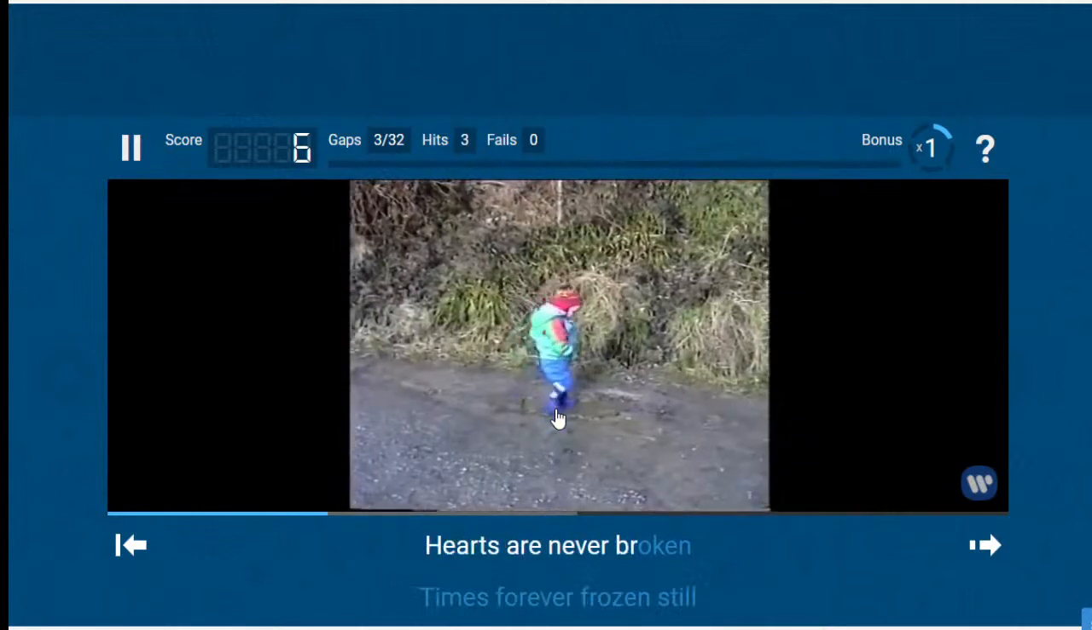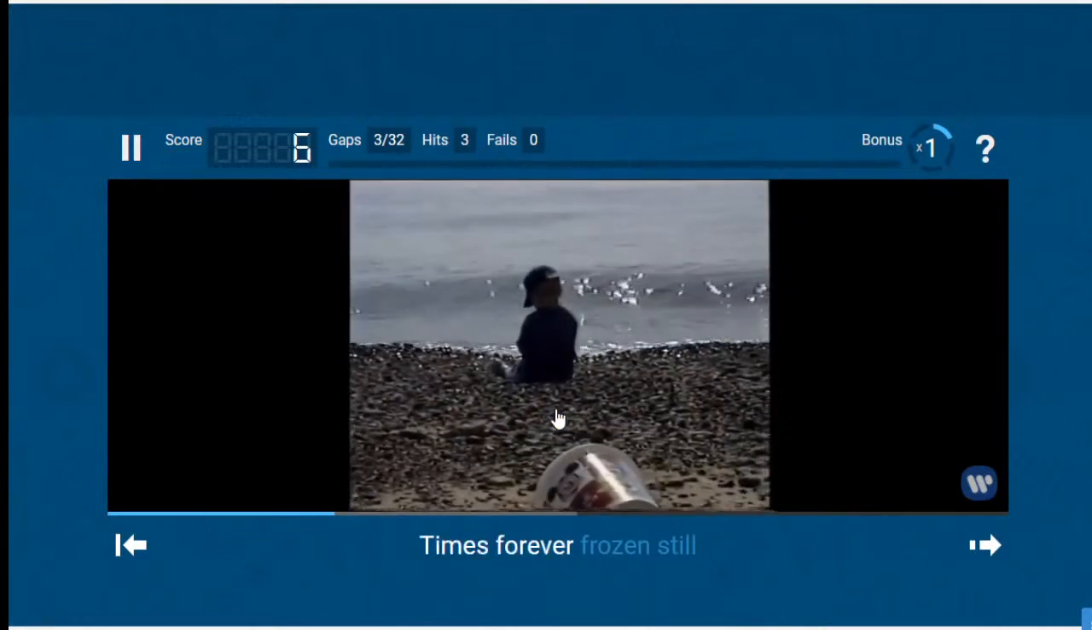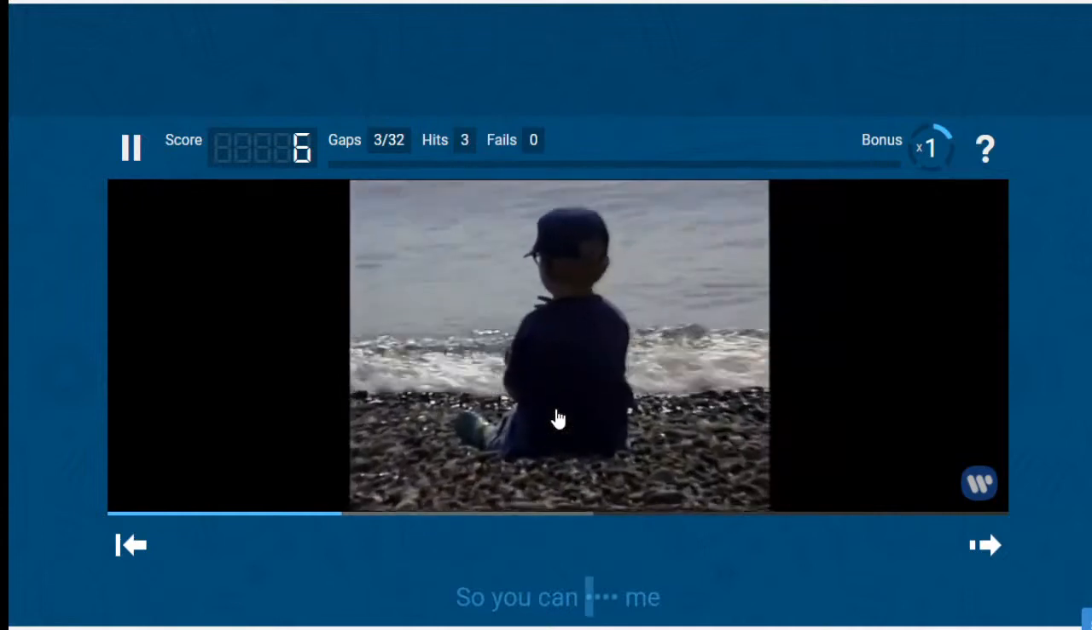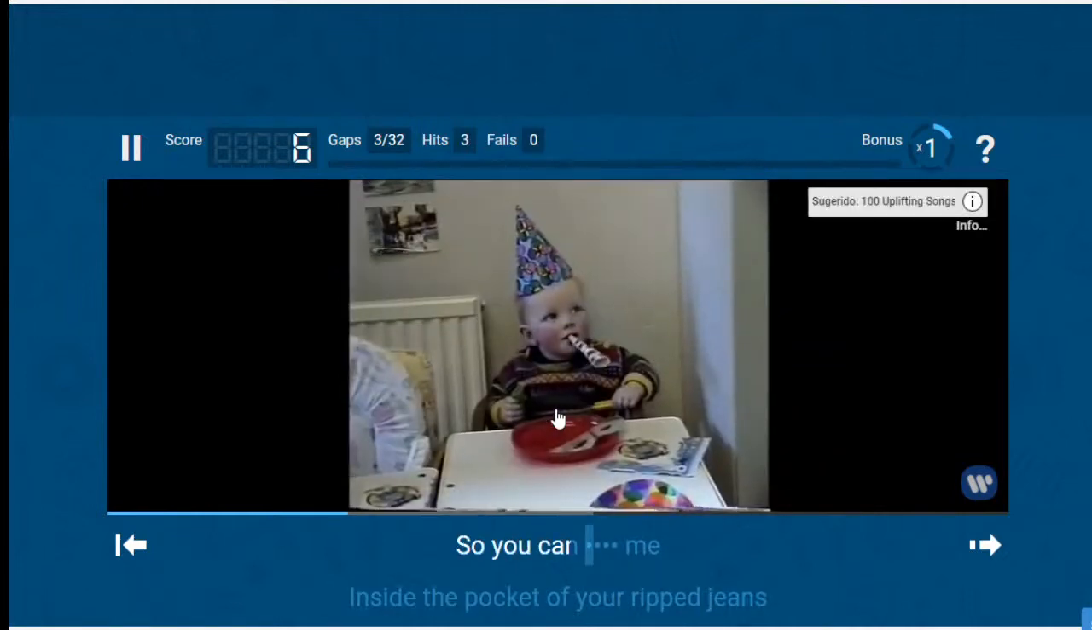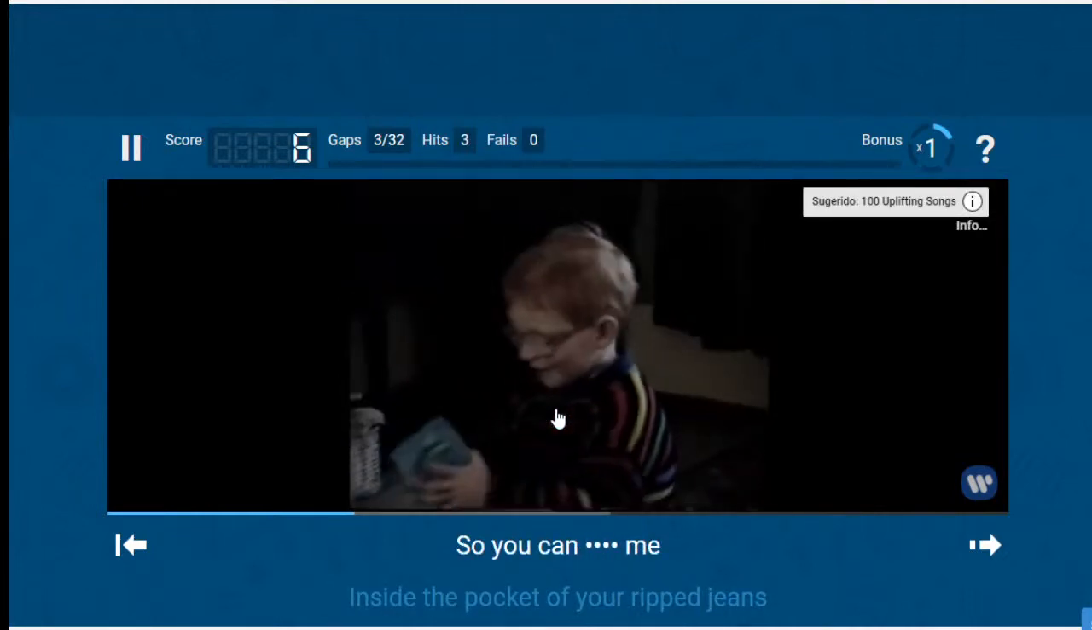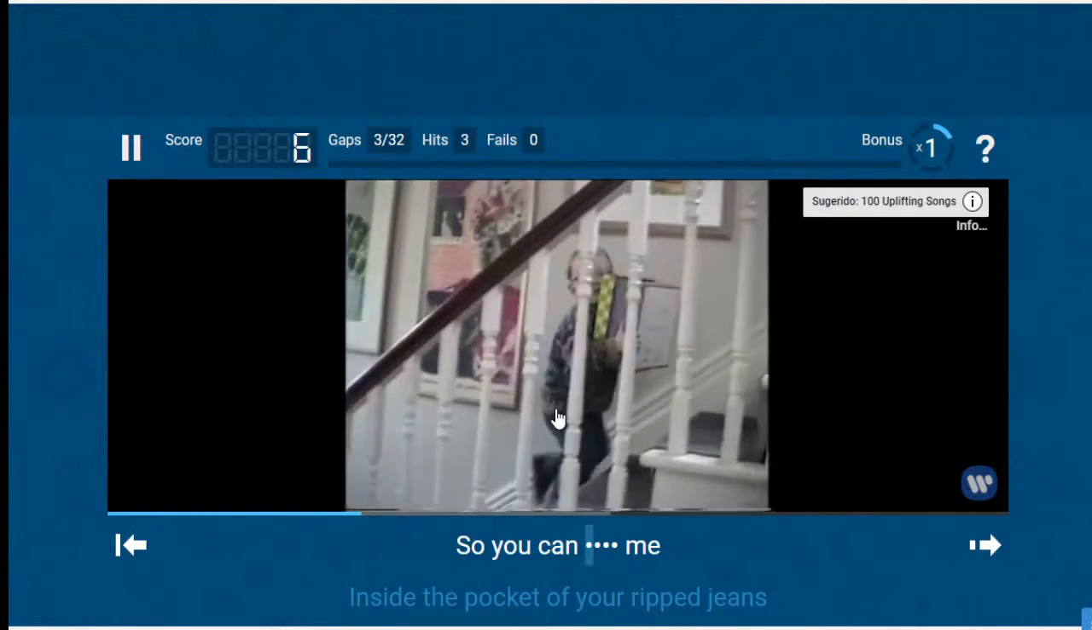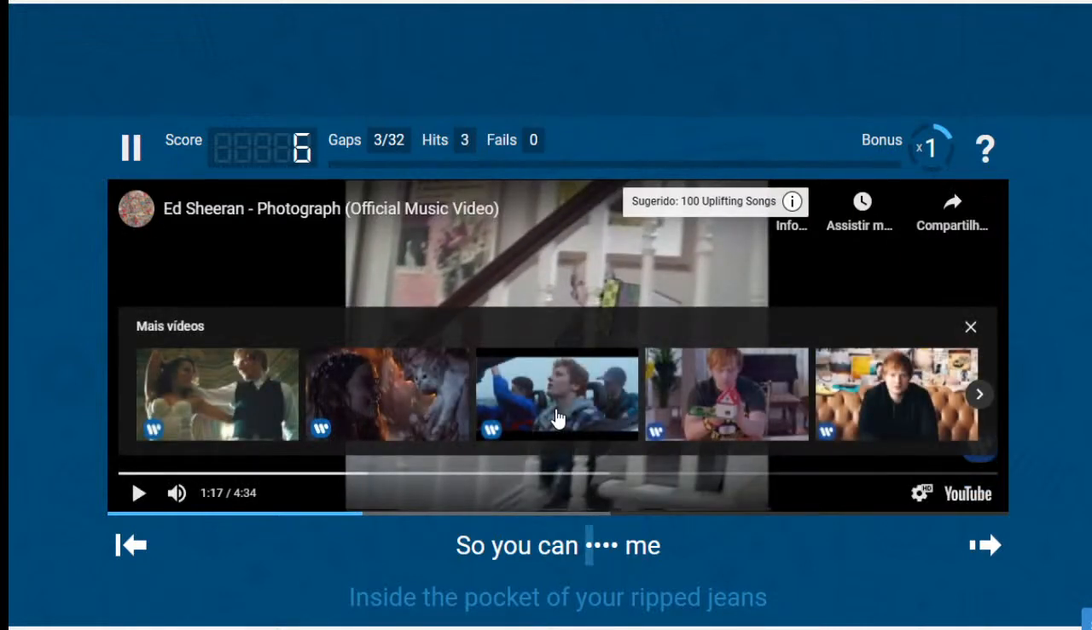Hearts You see, it's a great broken, tool times to help forever you frozen practice still. with spelling. So And you spelling can is keep important because you're learning the inside language, the you're learning pocket of your wrist. so you can, and then let's say that you